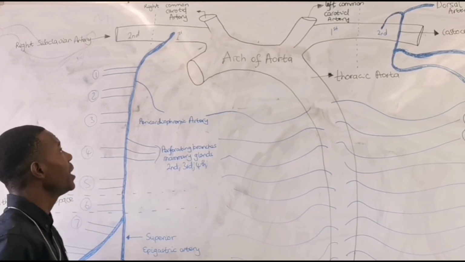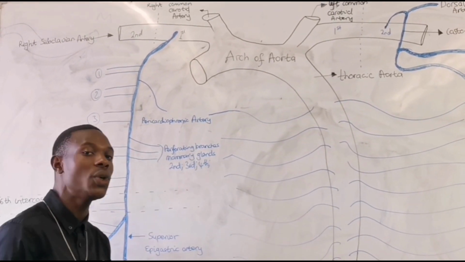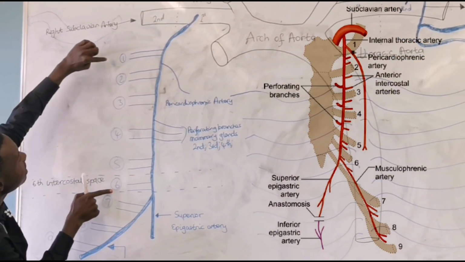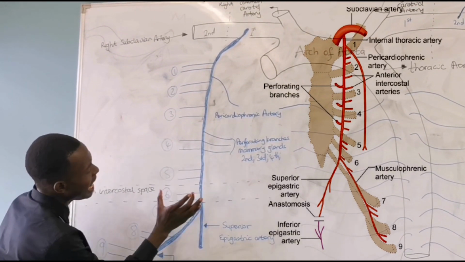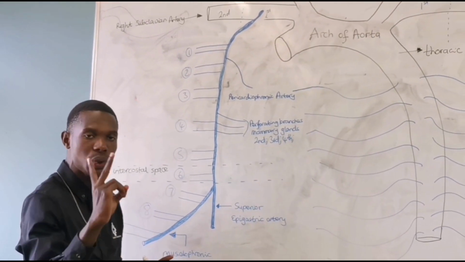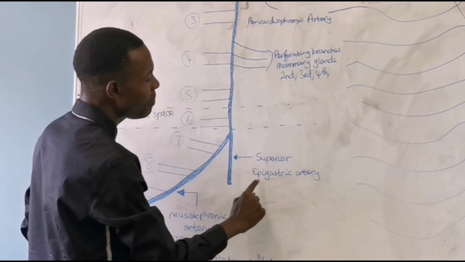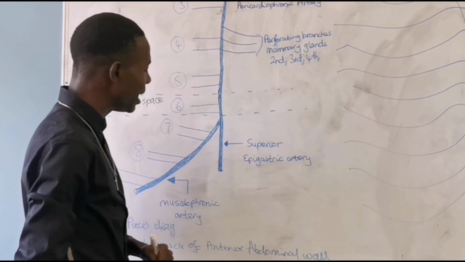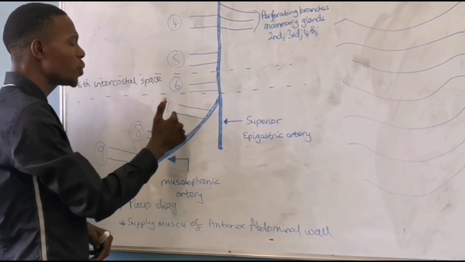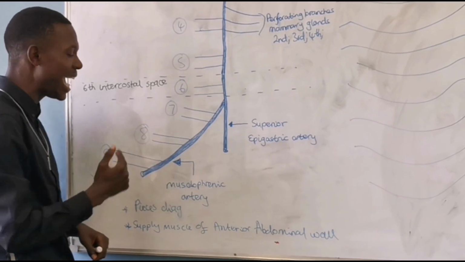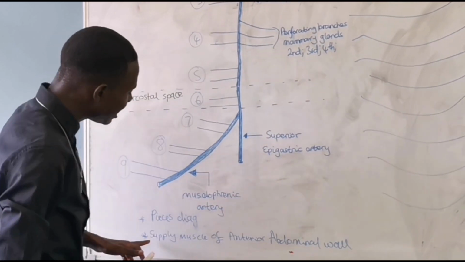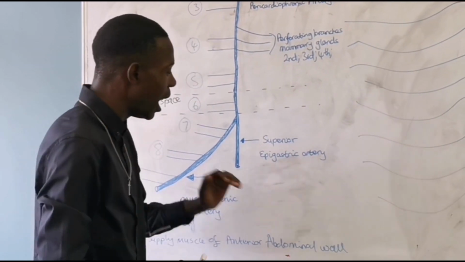The internal thoracic artery will run posterior to the sternoclavicular joint, and then it's going to descend posterior to the upper six intercostal spaces. Right, and then at the level of the sixth intercostal space, it's going to terminate, it's going to divide into two important arteries. The superior epigastric artery that will go to the abdomen, and the musculophrenic artery. The musculophrenic artery is the one that is going to supply the seventh, the eighth, and the ninth intercostal spaces. And it's going to terminate by piercing the diaphragm and supplying the muscle of the anterior abdominal